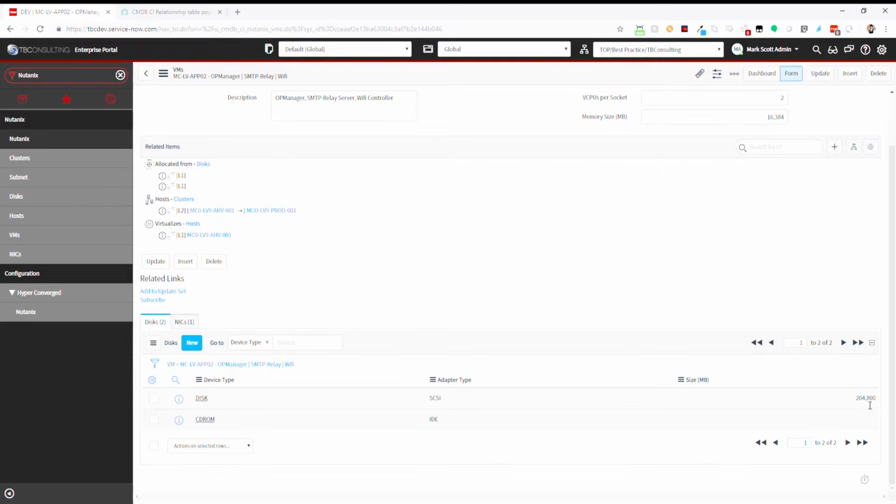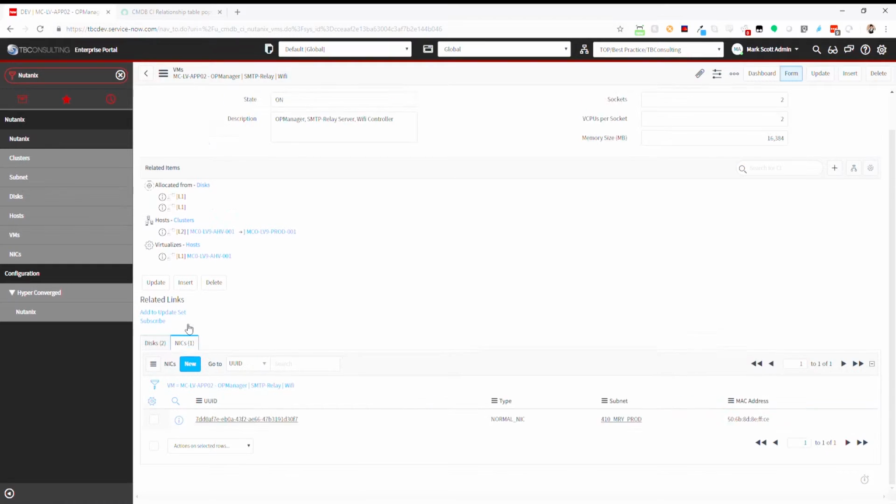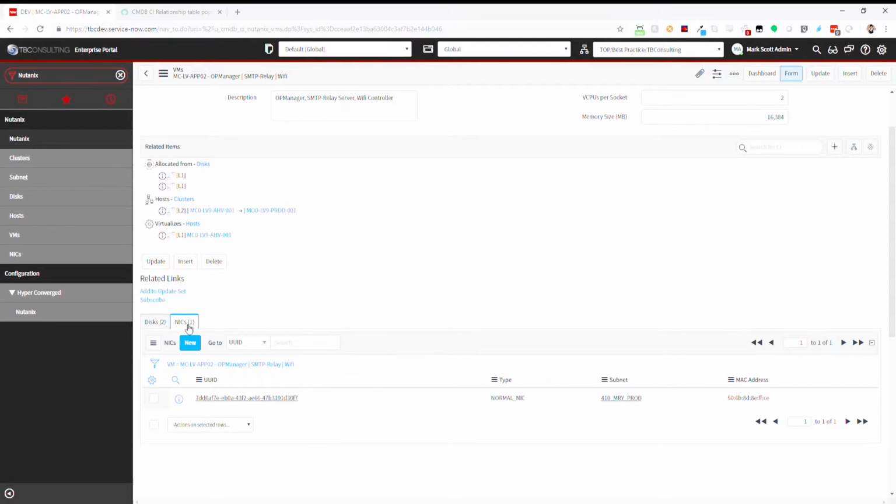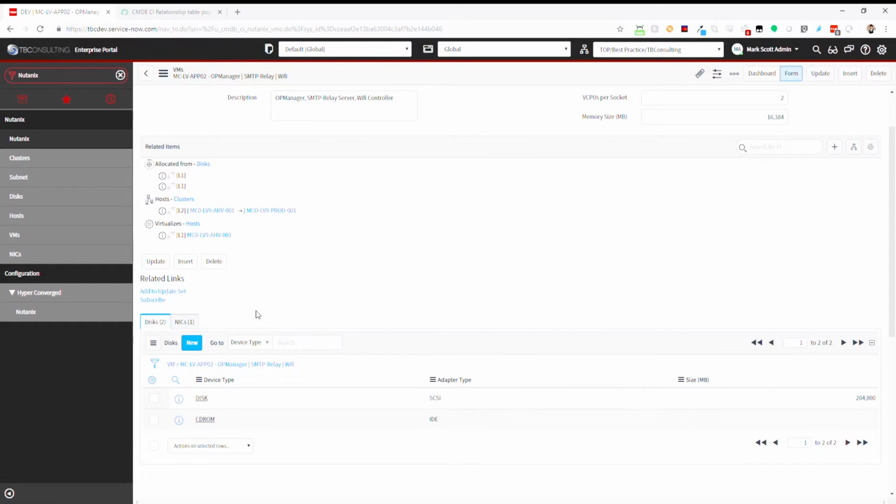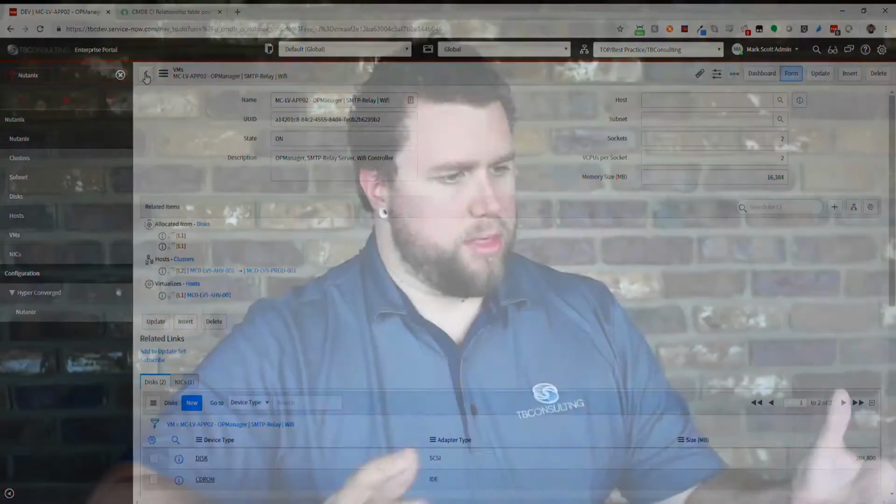Prism is a great tool, but it doesn't always allow network infrastructure and HCI infrastructure and maybe even systems to coexist in the same tool. With ServiceNow and the NxFusion Pro, we're able to go out and query all that and aggregate everything that you would with a normal network discovery on top of utilizing